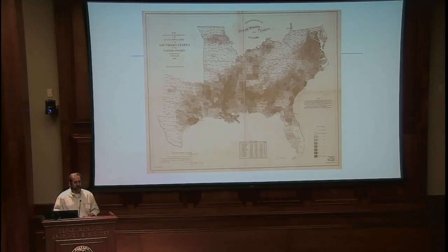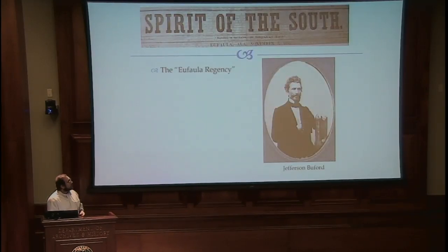But the Black Belt was the epicenter of power, political power, economic power at the time, and Eufaula was very much a part of that. There was a port city, had a lot of important political figures from the region. As a matter of fact, Eufaula had been really, in one way or another, at the very epicenter of the